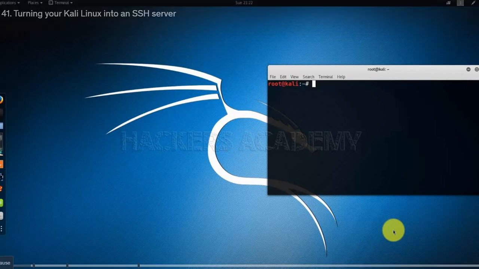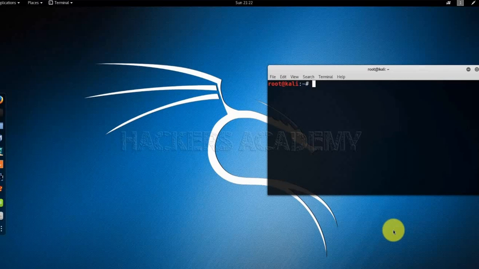Let's see now how we can use the SSH service. The first thing I want to do is change the SSH default keys that come with Kali. Don't worry too much about encryption and keys and so on. For now, what you need to know is that these keys allow you to log into SSH services. So when you turn your Kali machine into an SSH server, these keys will be required to allow users to log in. And these keys usually are under the